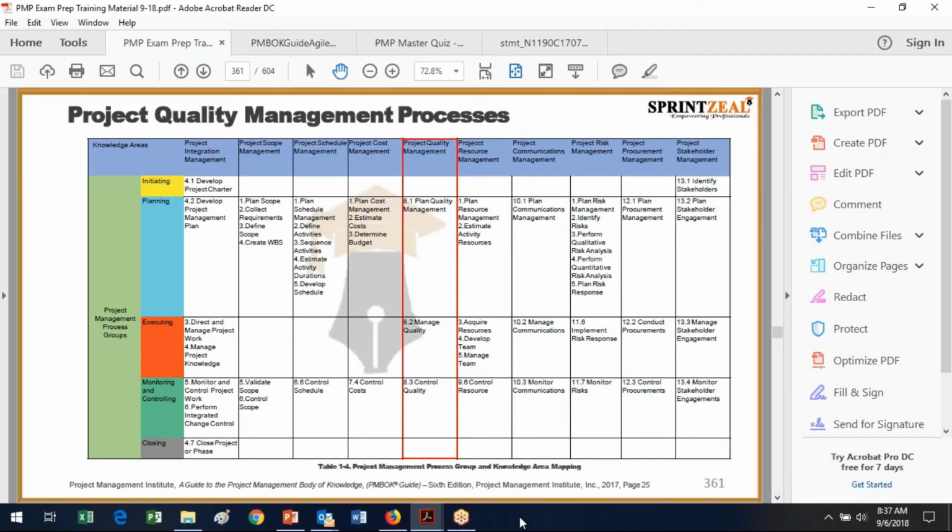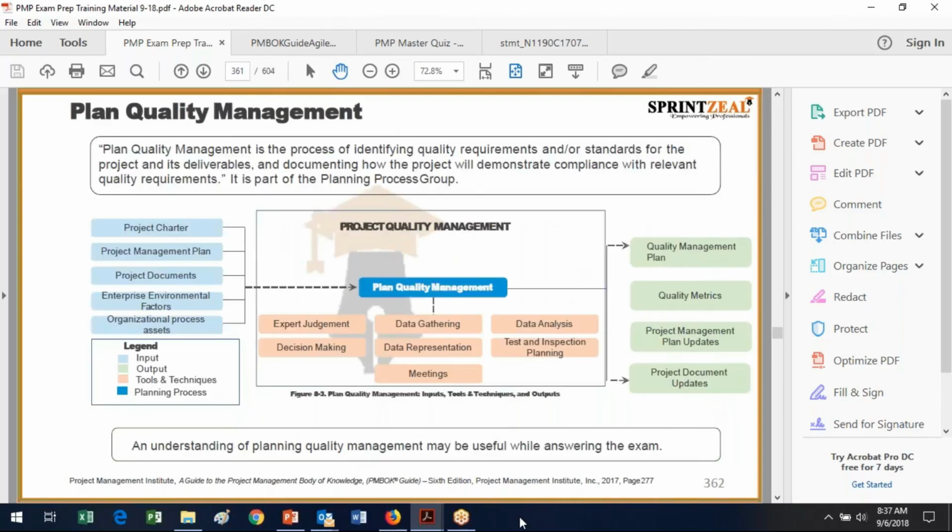Okay, so we're going to talk about the 3 processes of the quality management knowledge area in more depth, and we've already kind of tipped to those. And in the planning phase, you have plan quality management, which is very aptly described in terms of its location here on the matrix. We have manage quality, and again, the word manage means it's in the executing process group, and obviously it's got quality in the name. And then we've got control quality. So again, that's good because we've got the quality and the control work, so we can pretty much slot those in if we had the blank matrix and we had to put the 3 processes into it.